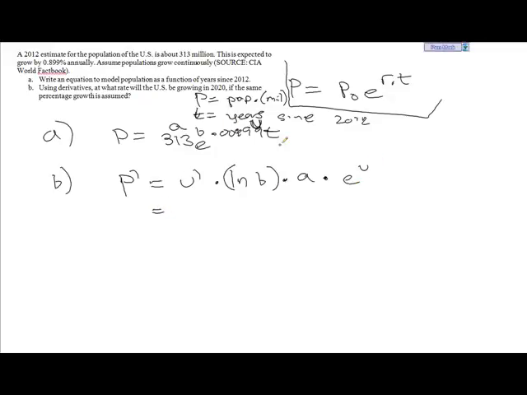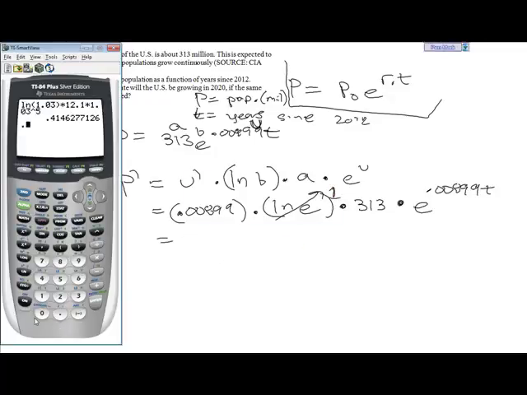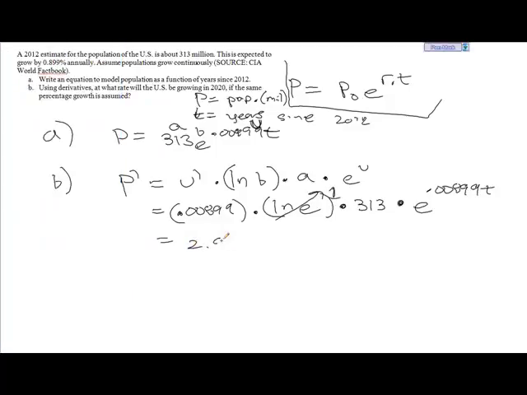So U is 0.00899t, so the derivative of that is just 0.00899 times the natural log of our base, which is E, times the A value, which is 313, times e to the U, which is just e to the 0.00899t. Now the natural log of e is equal to 1, so that allows us to simplify this a little bit. And I'll just multiply 0.00899 times 313, which comes out to 2.81387. And that's e to the